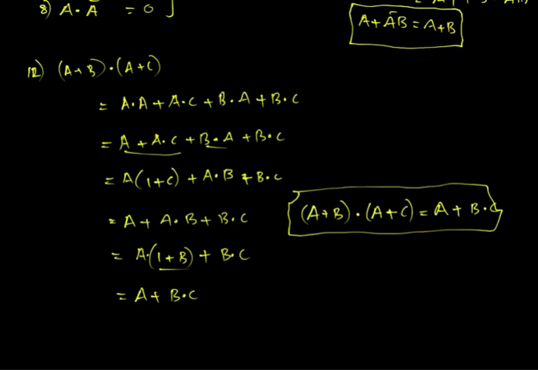So that's all about some of the basic rules and laws regarding Boolean expressions or Boolean relations. Now we have to discuss another method which makes the simplification of Boolean expressions very easy, which is called a Karnaugh map, that we will discuss in the next video. Thank you.